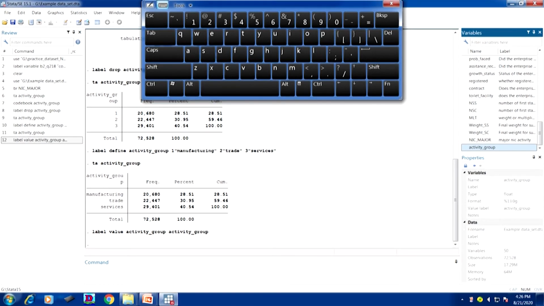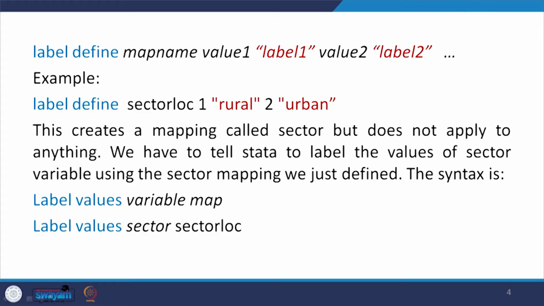Okay. Now, you just mark carefully what we wanted to say. The mapping variable, wherever we have done label define, that variable should actually come here.